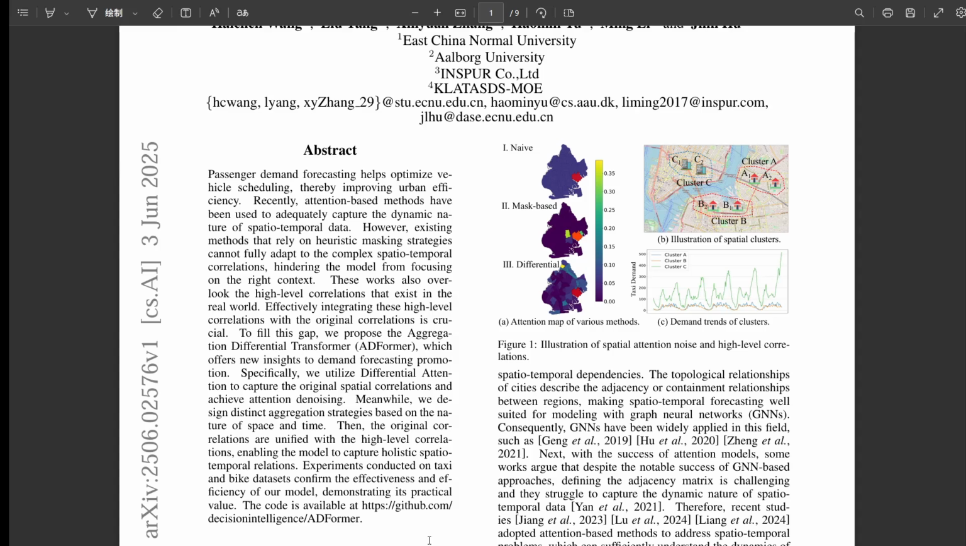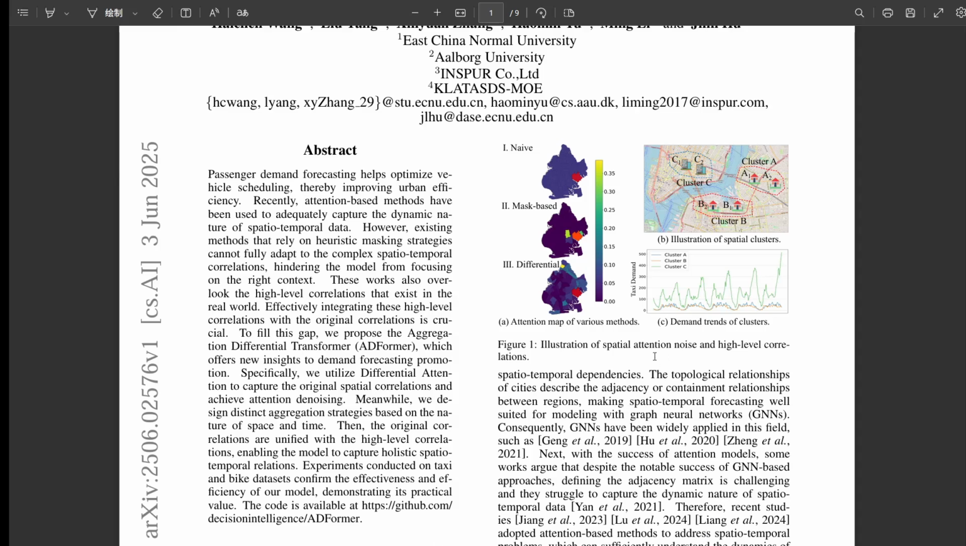And the second major limitation they point out is what they call the neglect of high-level correlations. This is really crucial, according to the paper. High-level correlations. What does that mean for city demand? It sounds like seeing the bigger picture. Pretty much. It means demand patterns aren't just driven by what's happening right next door, or simple one-to-one links between areas. There are broader patterns, structural patterns, that emerge across the city based on how areas function, even if they're